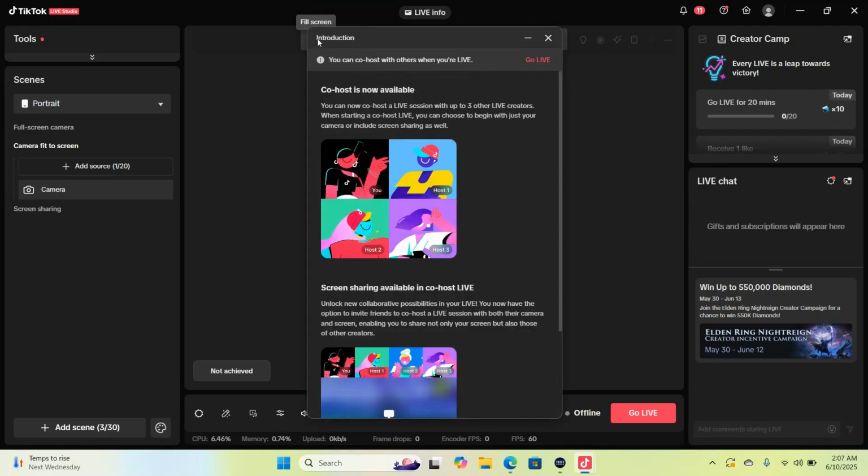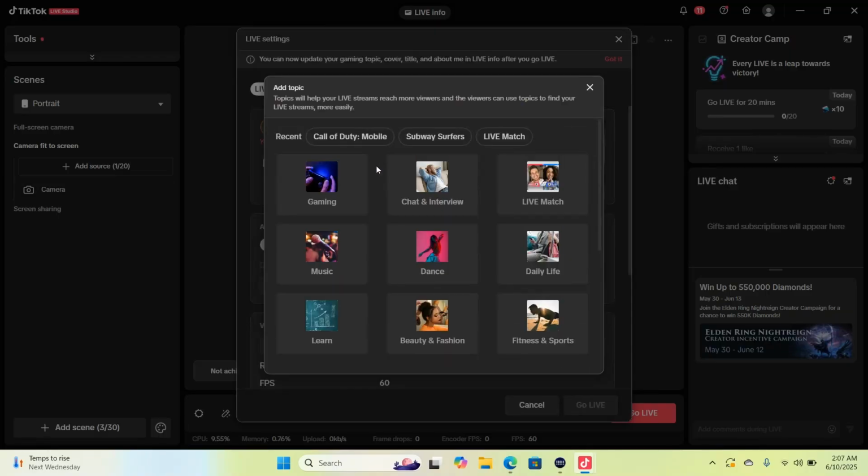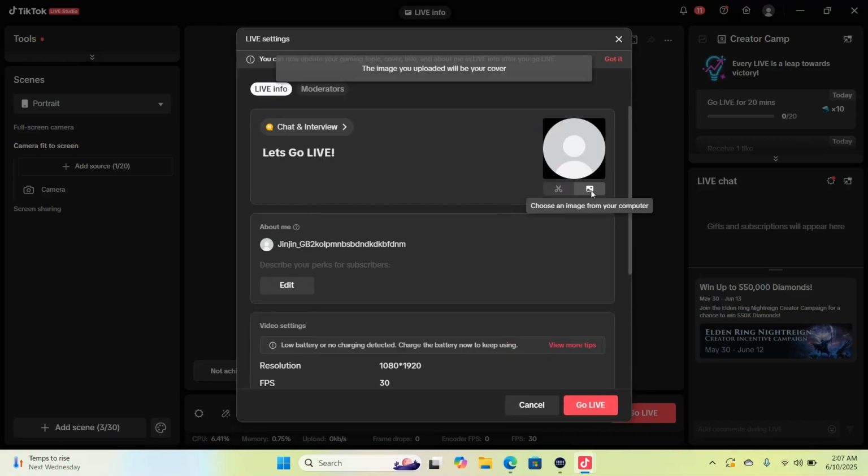And all the buttons that we previously set up, you can have a go live button to where you press go live and it'll just fire up your live for you right there. You don't have to mess around with going inside of the program. Everything can be done from the click of a button when you customize your Elgato. You'll see that in the drop-down feature for TikTok Live Studio on your Stream Deck software that you can later